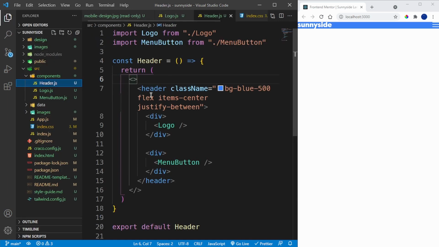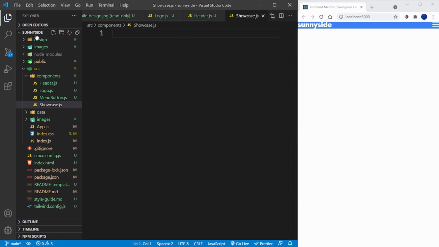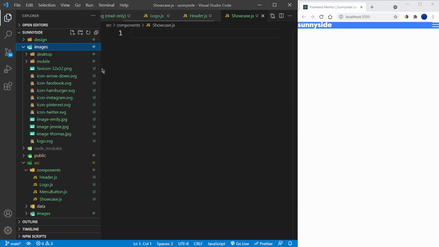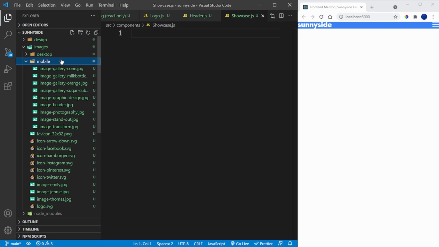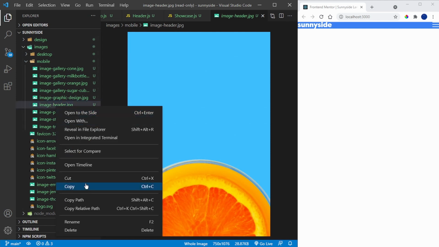and then let's go ahead and create our showcase section next. Inside the components folder, I'm going to create a new file called showcase.js, and then inside showcase, I'm going to need 2 images, and the first image is going to be, which one is it? Is it image-header? Okay, so this is for the mobile, so I'm going to need image-header for the mobile. So I'm going to copy this,